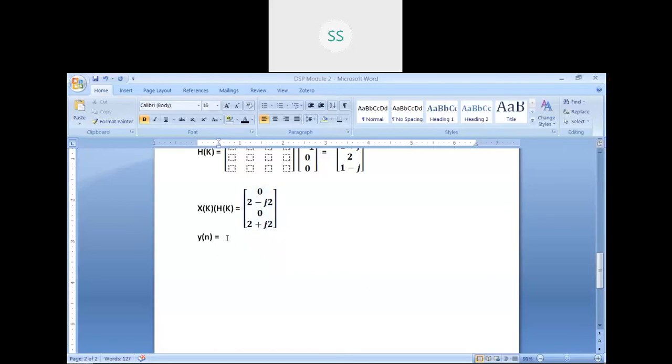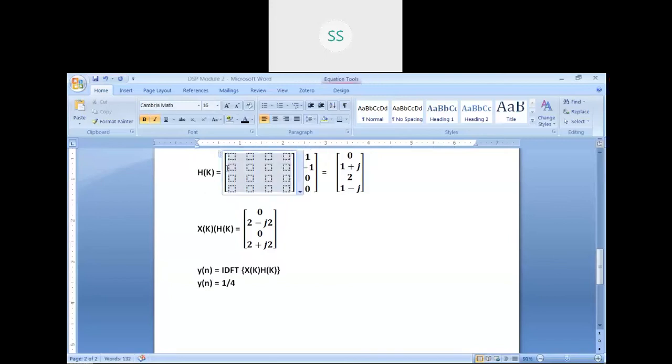So now what does the procedure say? Your y of n will be the IDFT between X of k and H of k. Now you have to do the IDFT between these two. So y of n is equal to 1 by 4. Why is it 1 by 4? It comes from the IDFT equation. Even if you solve by matrix method, it will be 1 by 4 into,